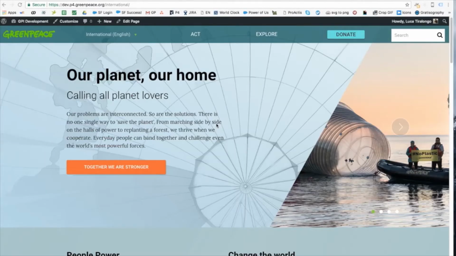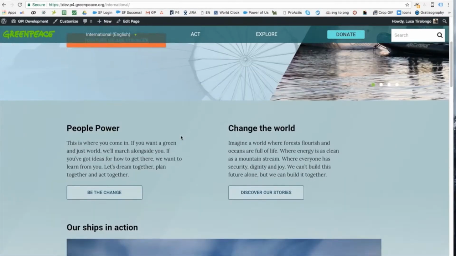The first thing that we are going to cover is basically the three main pages that constitute the navigation of Planet 4, okay? Which is our home page first. So for this training, I'm going to use the development site, which is the dev.p4 and so on. So whenever a user lands on a Greenpeace site, or whichever it is on Planet 4, basically,